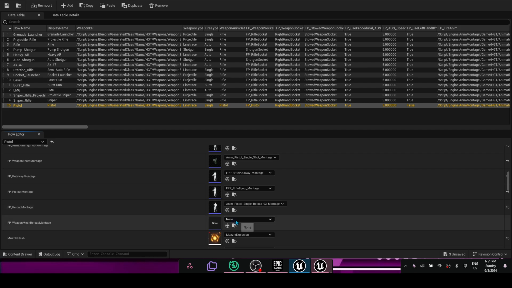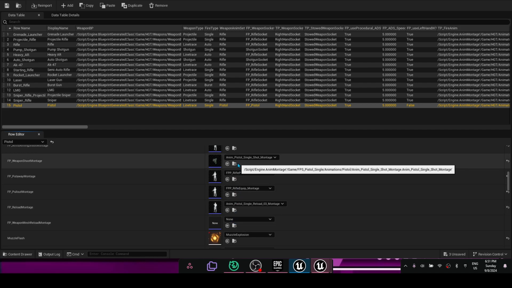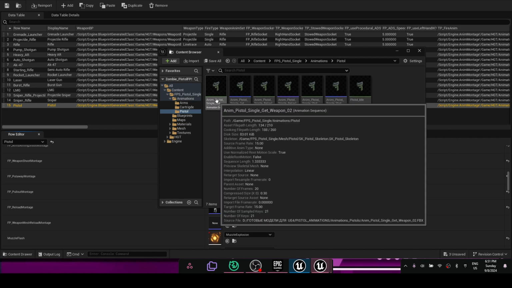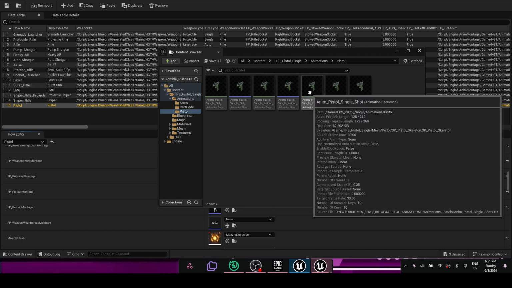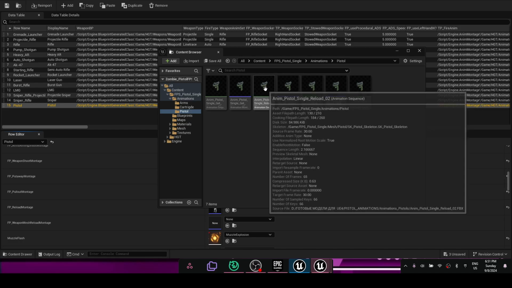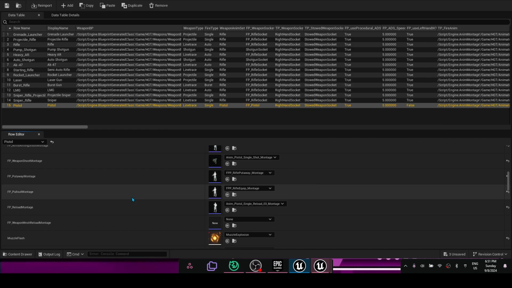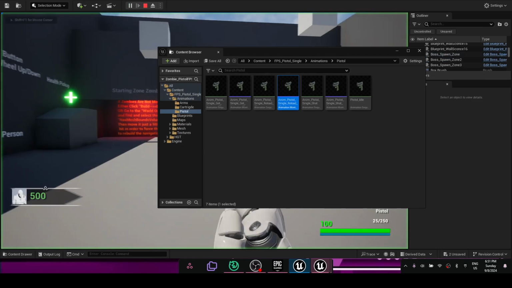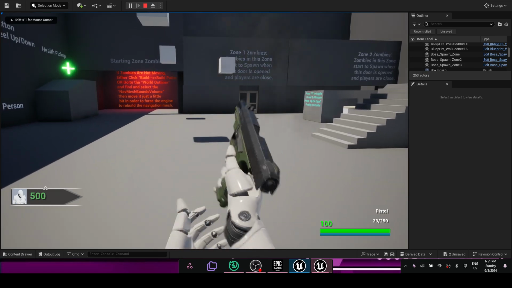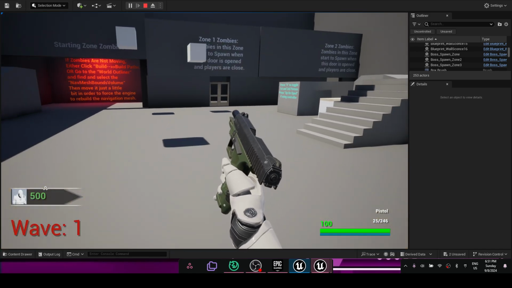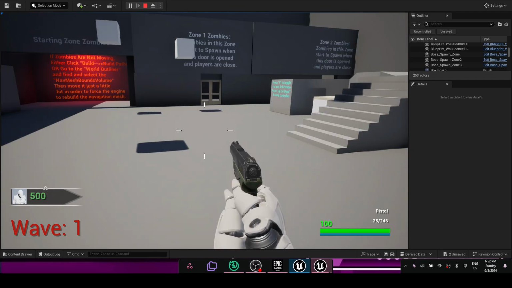First person reload, and then we're going to find our pistol reload that we made. So I'm just going to find the shot one, and we should have a reload one here too. That pistol reload one is what we're looking for. Might have to use reload too. Hopefully it looks the same. Take a look at it. That'll work. I can make that work. And then we'll fix our first person aim down the sights, and then that pretty much takes care of adding